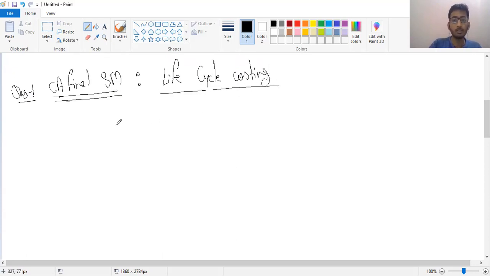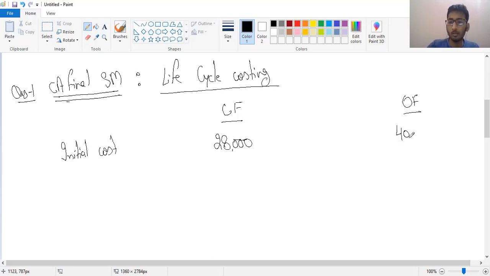Now let's draft the question here. One is the CF and another version is the OF. The initial cost is given. It is 28,000 and 40,000, and the annual operating cost,